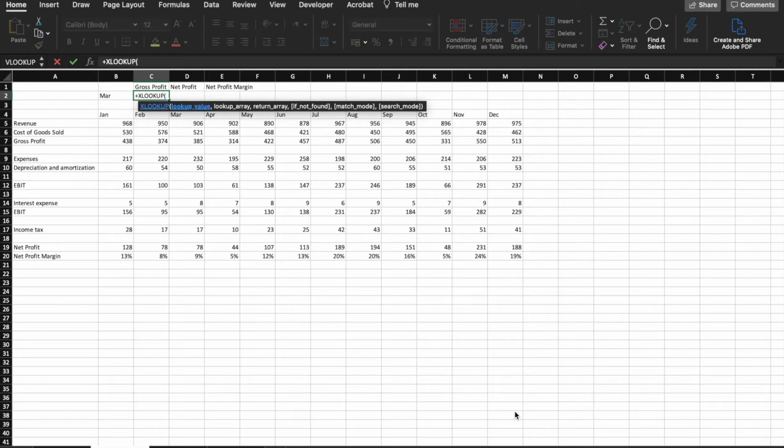XLOOKUP has 3 basic and 3 optional parameters. For the purpose of this tutorial, we will need only the 3 basic parameters: lookup value, the value you are looking for; lookup area, the range to search for the lookup value; and return area, the range that contains the return values. To learn more about the basic and optional arguments of the XLOOKUP function, go to my YouTube channel